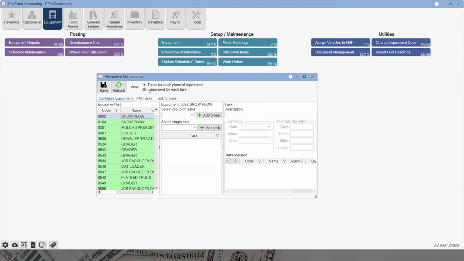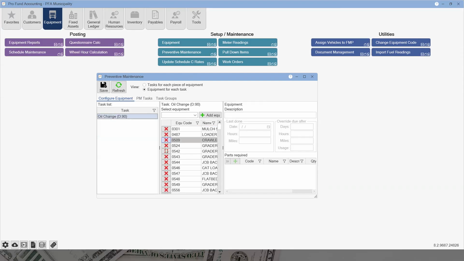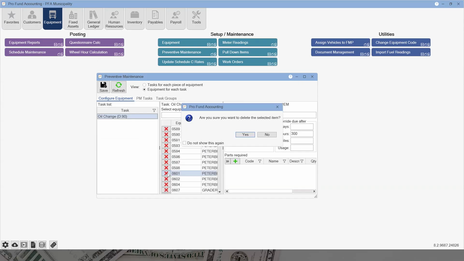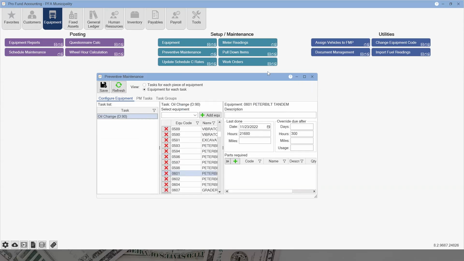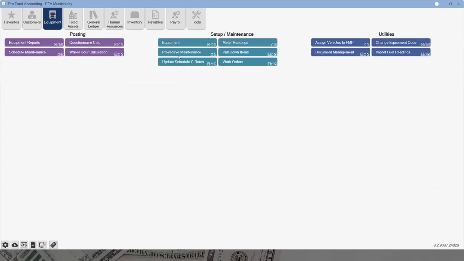Again, we have it separate so I can see oil change is on these pieces of equipment. Simple enough. Like I said, real quick. We just did preventive maintenance. The new equipment